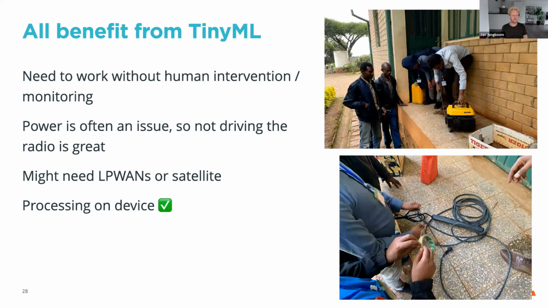And thus tinyML is so incredibly cool, right? If I can process this all on the device and the device can make those conclusions for me, that is amazing because I don't need to run the radio. That means that I don't need to buy coverage from someone. It also means that I don't need to deplete the battery so quickly, because driving a radio is really, really expensive. And thus my solution becomes much more interesting, right? And if you need to send a small signal over time, you just send some data over a satellite, for example, with just a couple of bytes. So that's really cool.